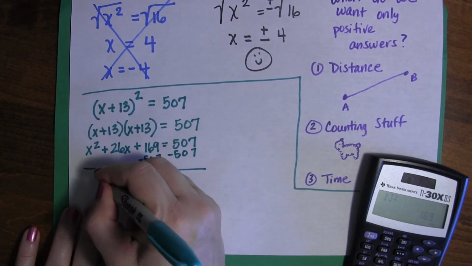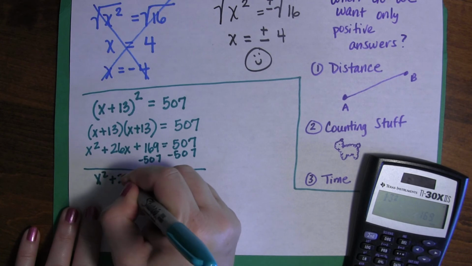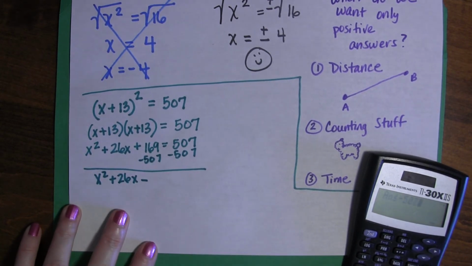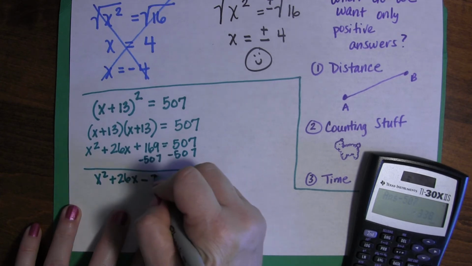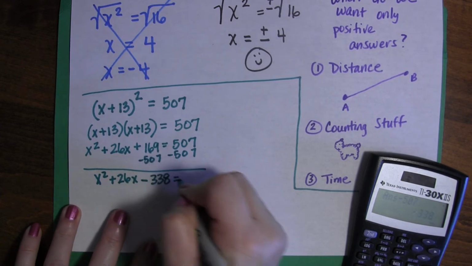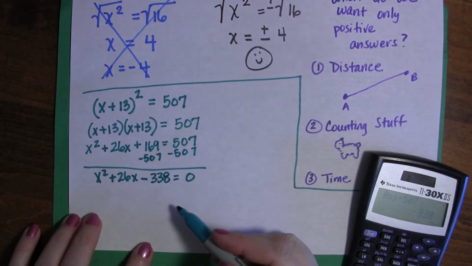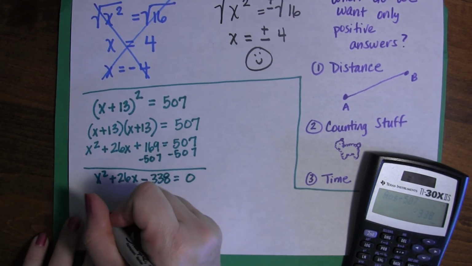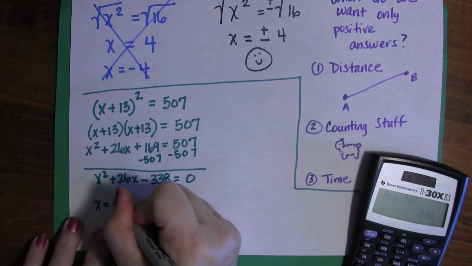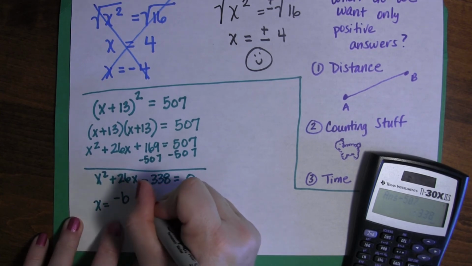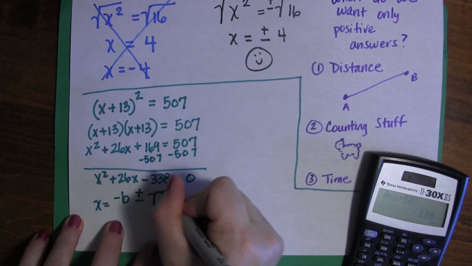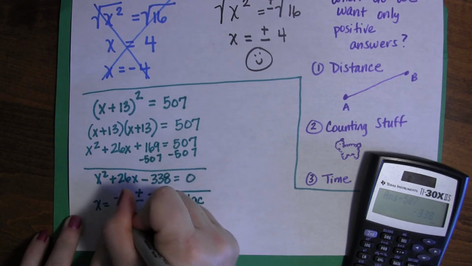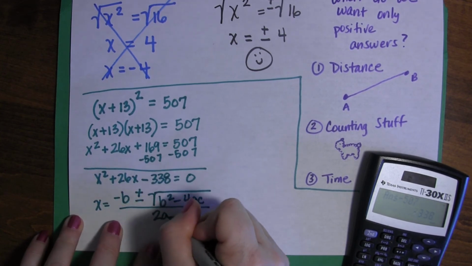And so I get x squared plus 26x minus 338 equals 0. And now that's a quadratic equation, and I can't just factor it, so I'm going to have to use the quadratic formula, which is negative b plus or minus the square root of b squared minus 4ac all over 2a,